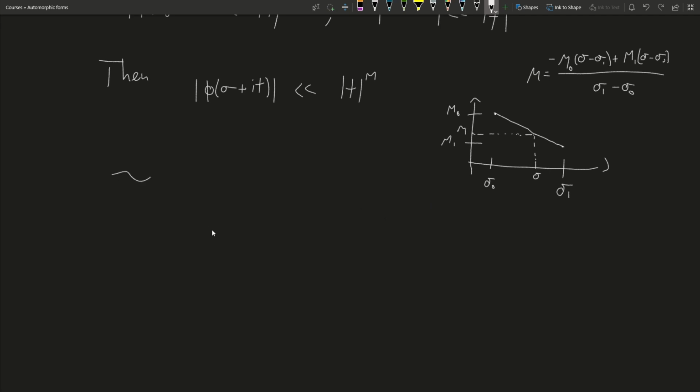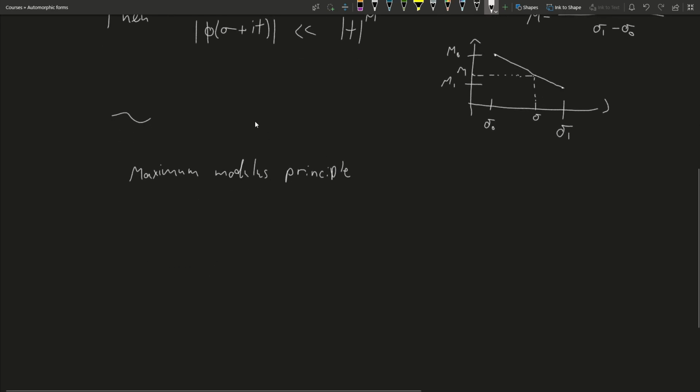And this is a generalization, essentially, and it's not literally a generalization, but it's thought of as a generalization of the maximum modulus principle. So this is a similar statement that we're not really going to make use of, but it inspires and contextualizes the Phragmén-Lindelöf principle. So this is if f